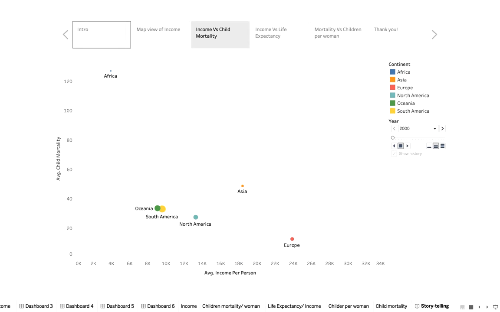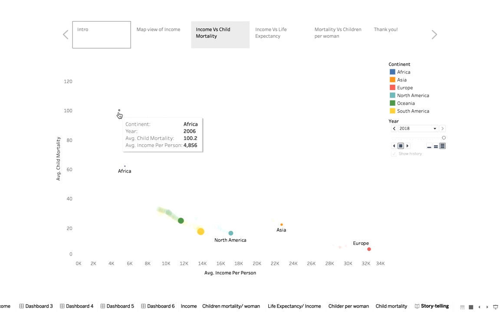So as the average personal income gets higher between 2000 and 2018, child mortality has changed a lot too. Let's see the graph here. What is very interesting in this graph is that for Africa, especially, child mortality went down from above 120 to close to 60, which means that we have better health systems and nutrition support for our future